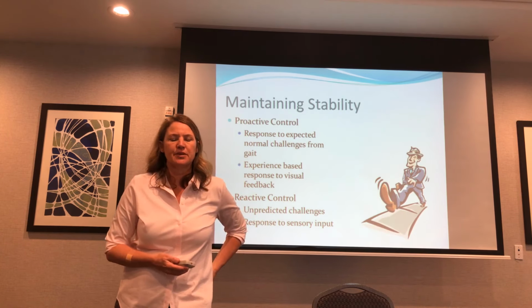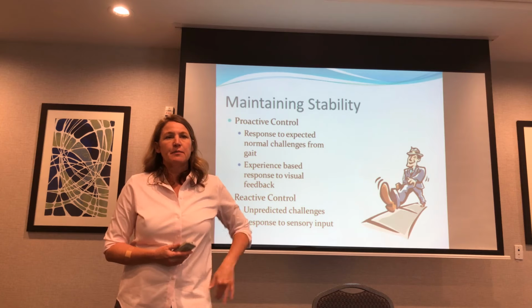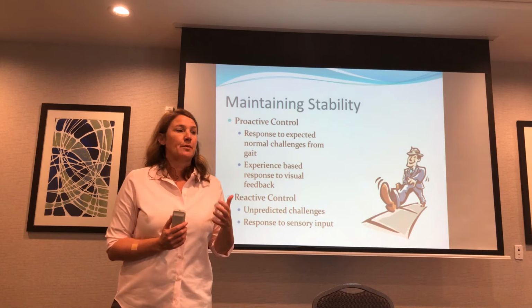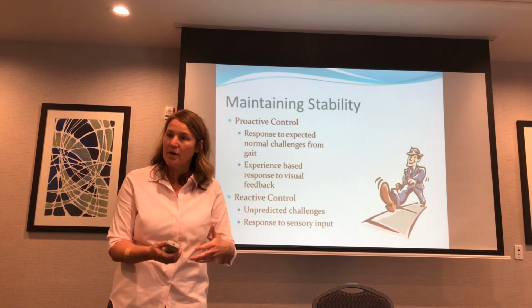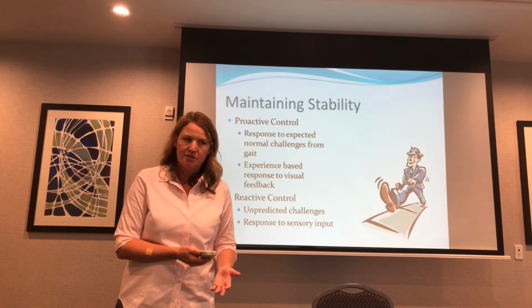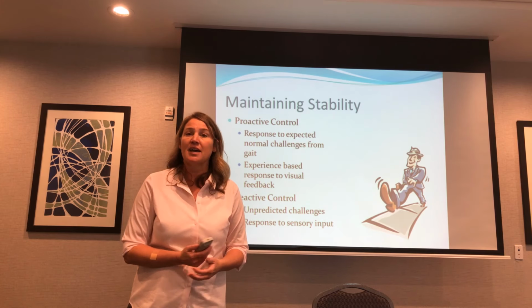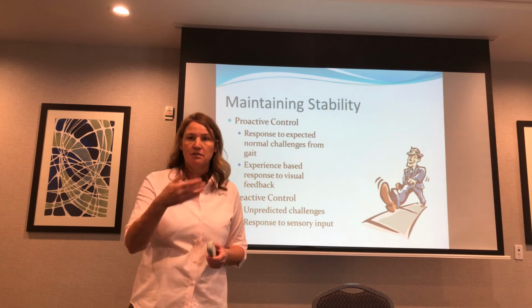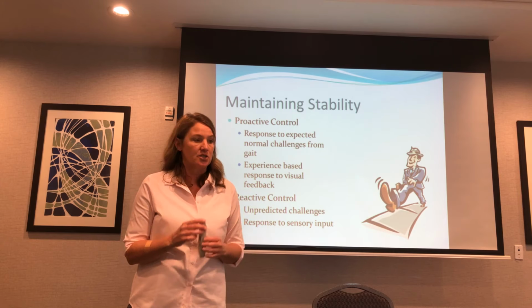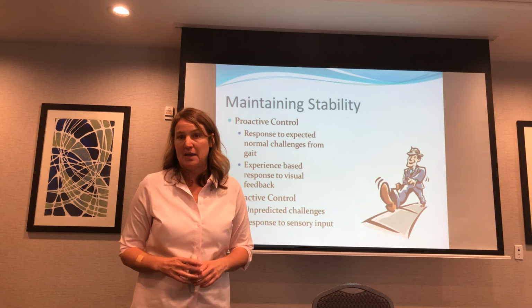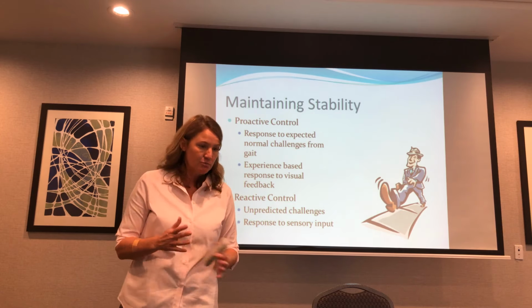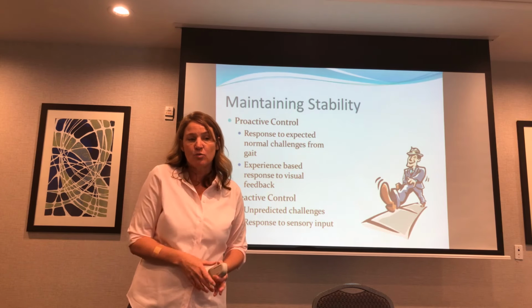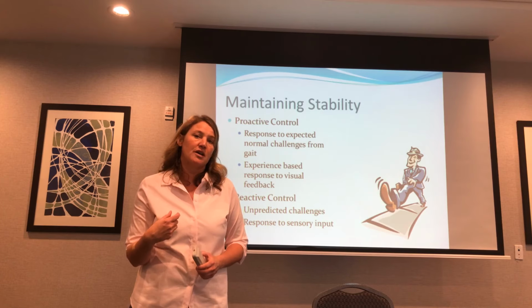Now think about maintaining stability. If somebody knows what you're going to do, you tell them what you're going to do, they are able to get prepared. So with a lot of these tests, they're warned, they know what is expected of them, and they're prepared to do it. But that doesn't necessarily test their reaction time and tell you how quickly they can react to something. So proactive control is basically responding to something they know is going to happen, or it's experience-based. They've stood up before, they've done this movement before, it's not something new and unexpected. It may be an important thing to watch, but it may not tell you how well they're going to do with unexpected things.